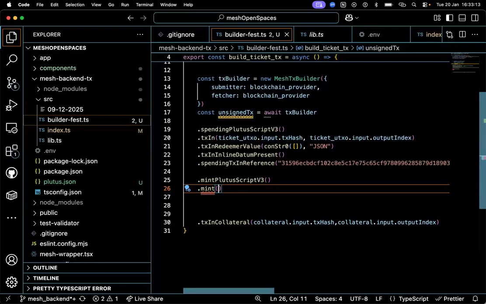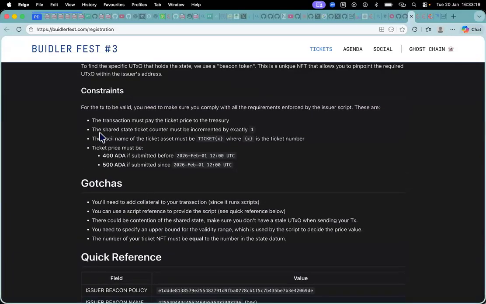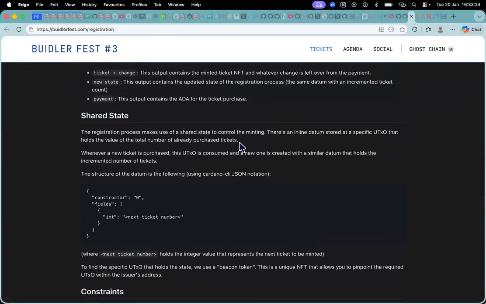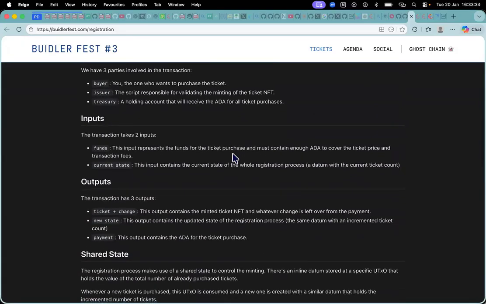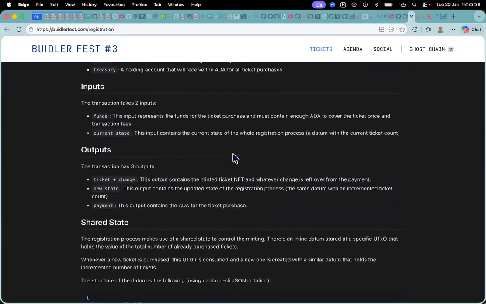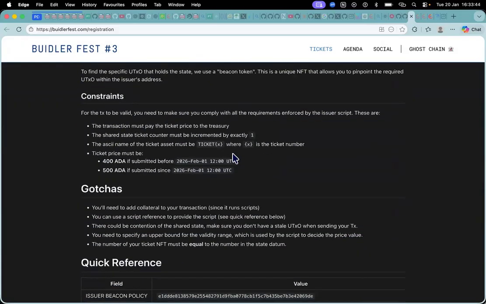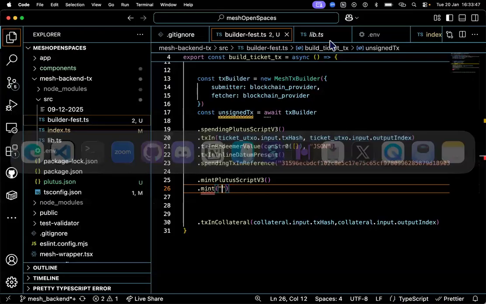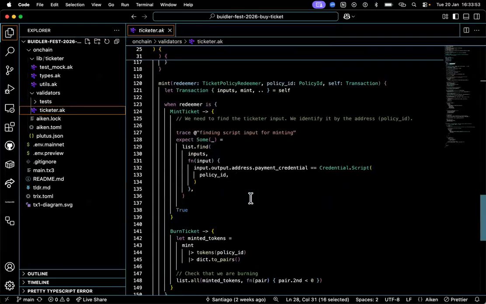So the mint requires us to have a quantity. What's quantity? I guess it should be one. Okay, so a shared state, that is the datum that will be incrementing, and ticket plus change. If they're saying it should be incremented exactly by one, that means in one transaction we can only buy one ticket, right? So we can't buy two tickets in one transaction. We'll have to send two separate transactions. Am I getting that right, you guys? Yes, I think you're right. Let's check the validator for the exact amount. But this is just like the NFT we had to mint.